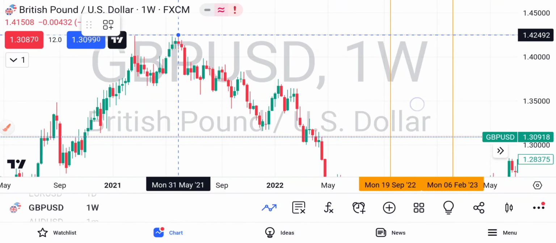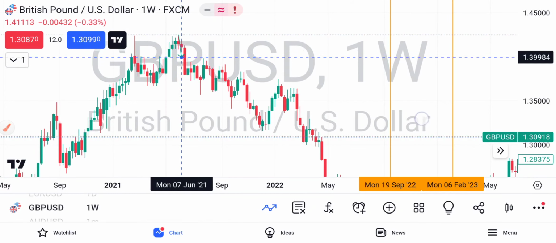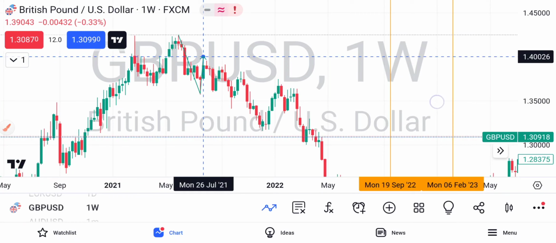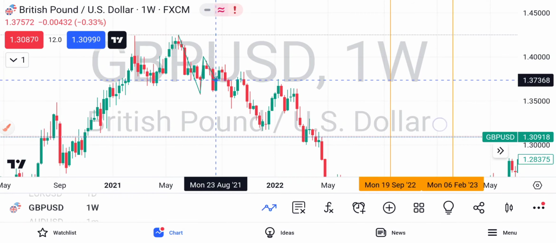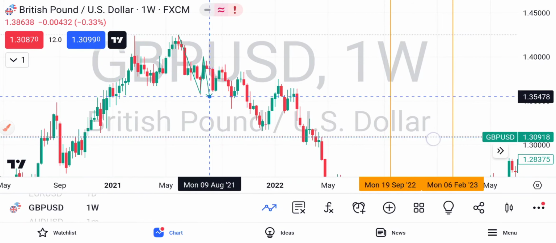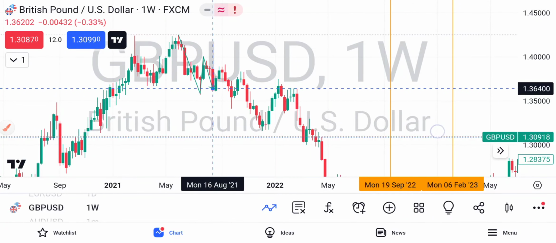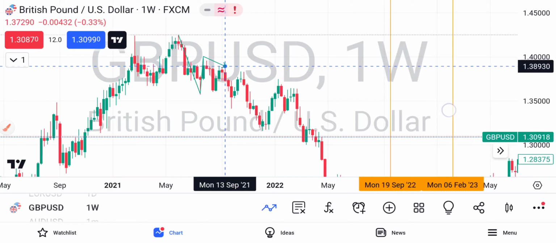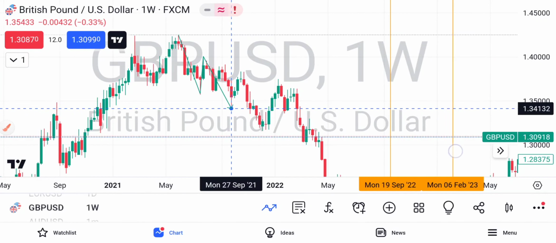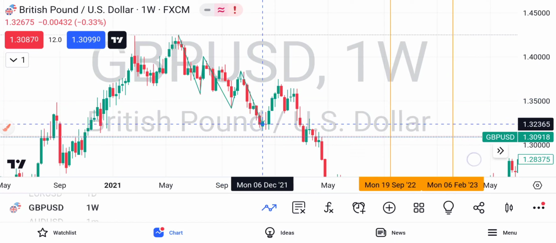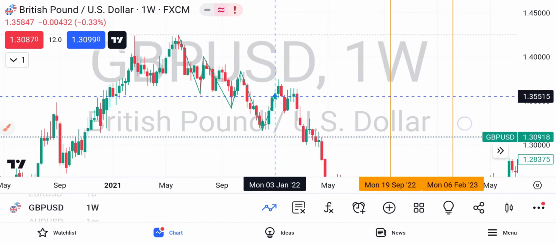See this now, this is a high, it goes down here to make a low, makes another high, then this is just a short-term high, like what I was talking about. This is a short-term high, this is a short-term low. This is the one we'll be using here. It makes another high here, sorry, a lower low, then a high here, then a lower low again, then a lower high,